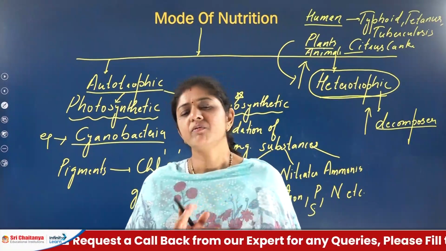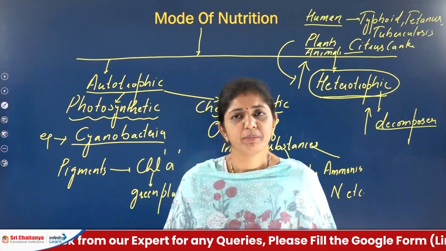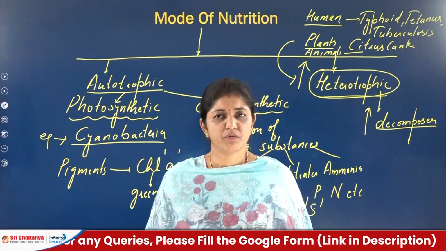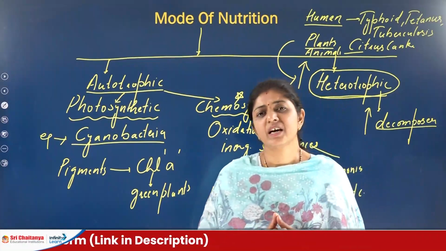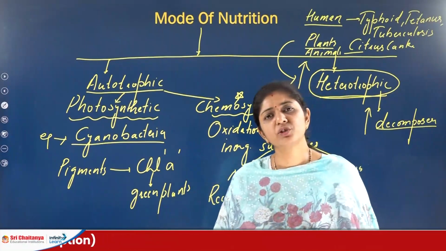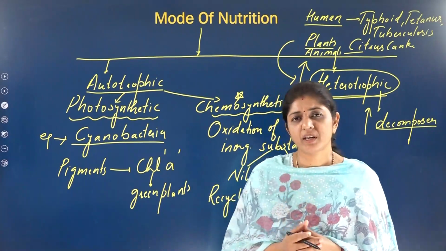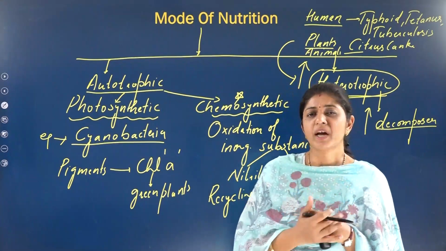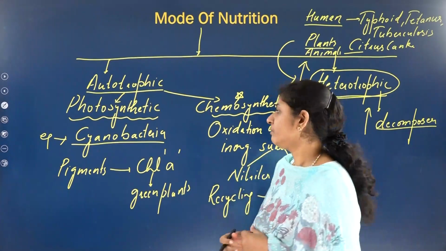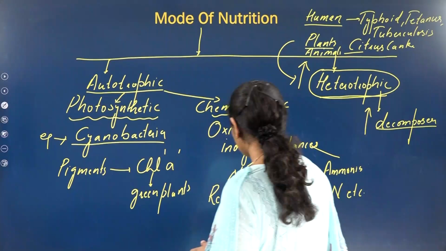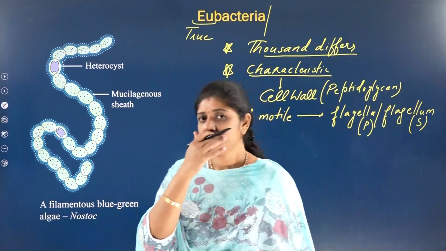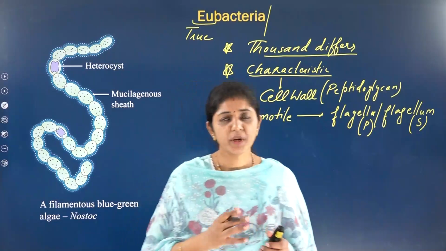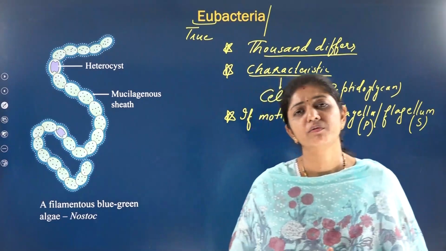This is the primitive type of sexual reproduction which you will find in the case of bacteria. So on the whole, can I say these are the general features for which group I have discussed? Eubacteria. But the important features of Cyanobacteria we have yet to discuss. What are they? Can you see that Cyanobacteria is a group showing the photoautotrophic mode of nourishment.